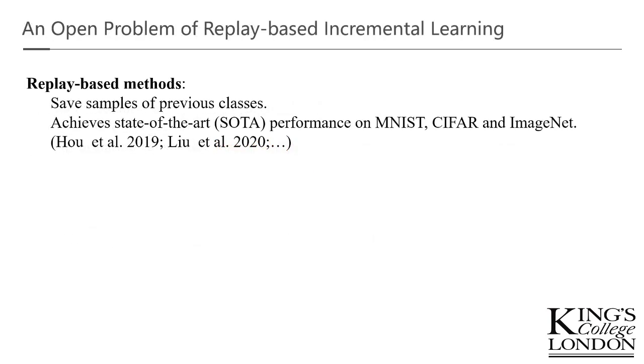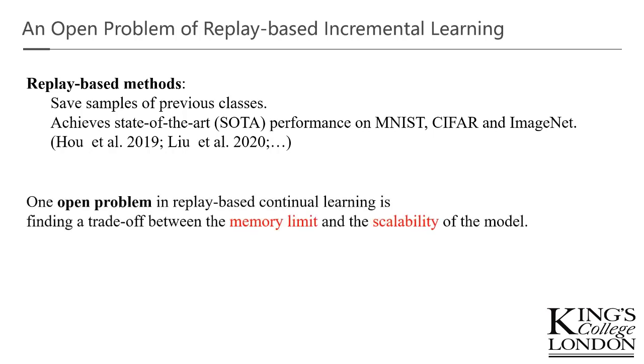Replay is the most competitive and popular strategy. This is usually achieved by saving a subset of old data. Replay-based methods achieve state-of-the-art performance on many benchmark datasets. Although carefully selected exemplars or generated representative exemplars can help improve the performance up to some degree, the larger number of exemplars a model inherits, the better performance it can achieve. Thus, finding a trade-off between the memory limit and the scalability of the model is still an open problem in